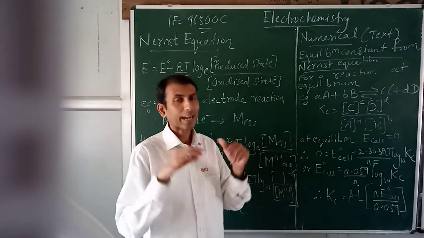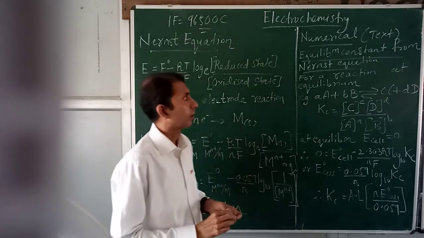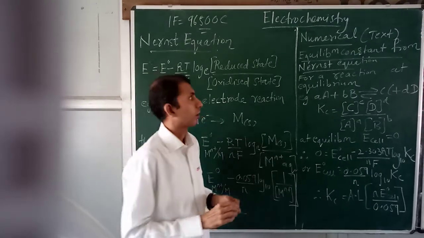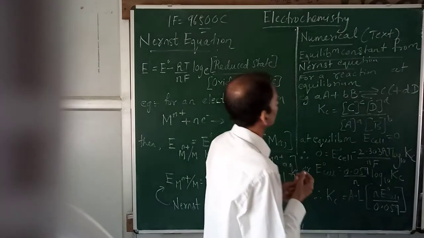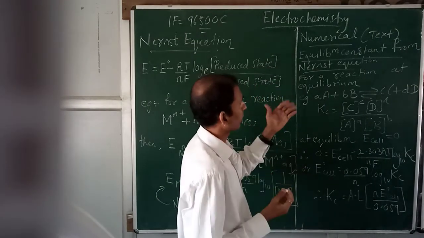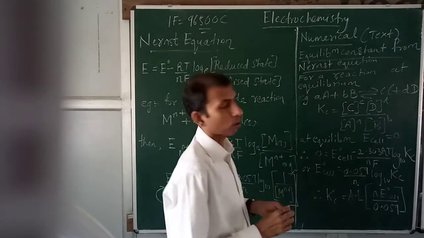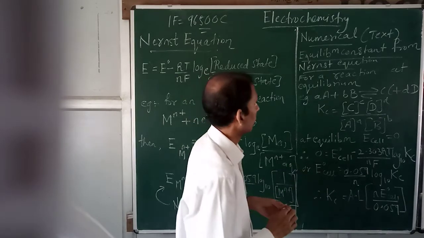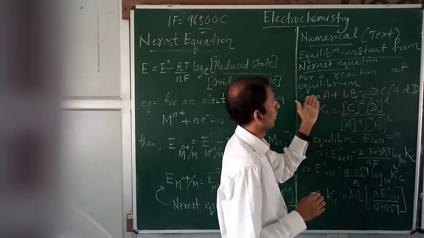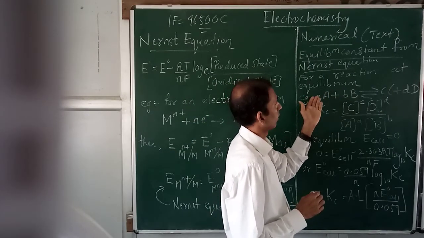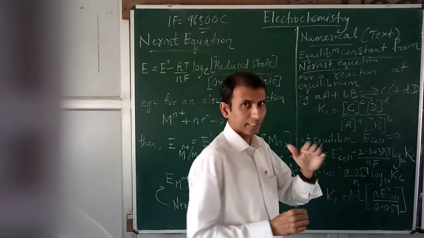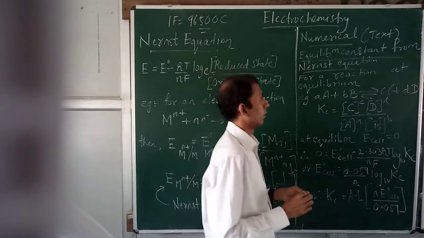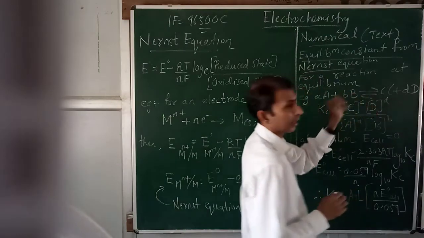So this is a time to recollect from this lecture what we have studied. So let's start to get the relation between equilibrium constant from Nernst equation. You consider a chemical reaction, a general reaction which attains equilibrium after some time,